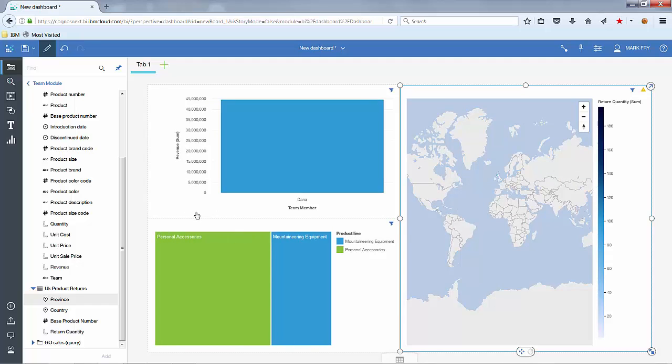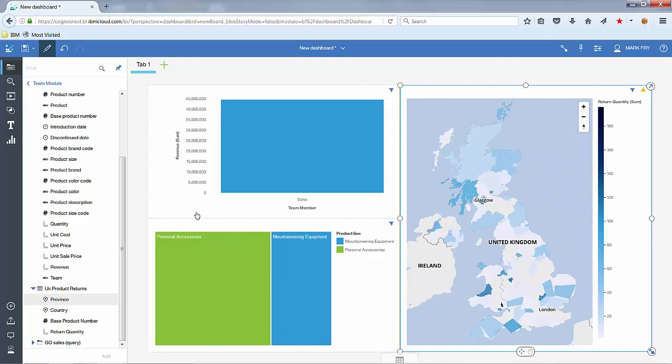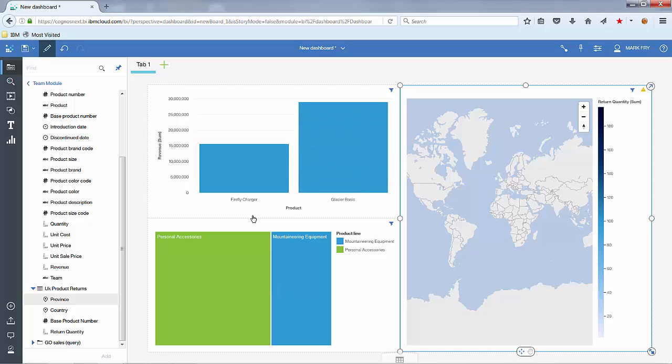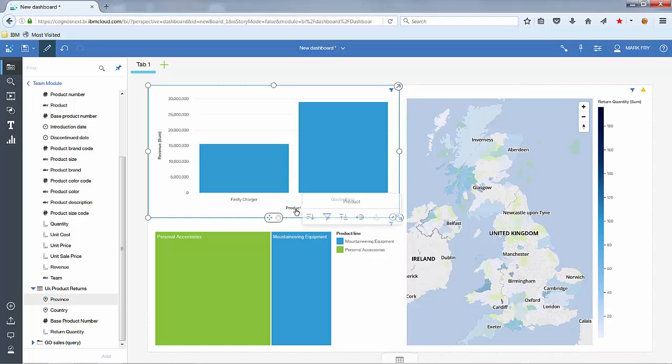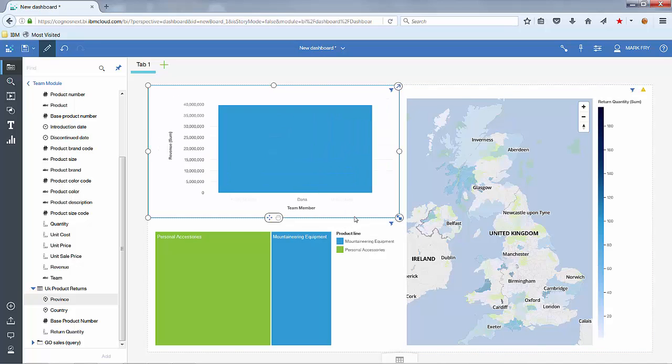And I can see that the products have been allocated to Dana specifically within the nurturing team. And if we drill down to the next level within Dana, we can see exactly which products are allocated to Dana that have high returns values in Stoke-on-Trent that I would probably need to transfer to someone in my troubleshooting team. Now I can also drill back up again, so I can select my product and move back up the